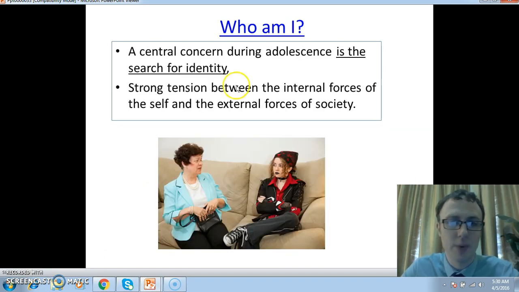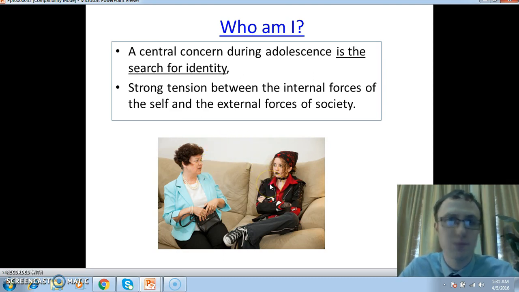Let's look at this example here. Here we have the mum and the daughter. The mum has brought up the daughter since she was a newly born child, okay? She has loved her. She has given her all the rules and the values that the mum would like the child to have. However, as the child gets older and becomes an adolescent, the adolescent of course begins to realize that they are unique. They are different. They have their own identity, which is not the same as their mum.